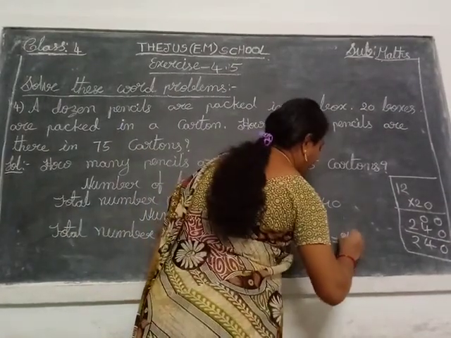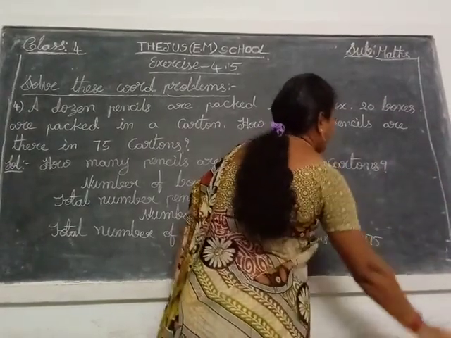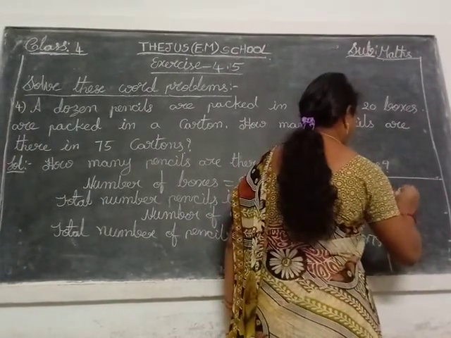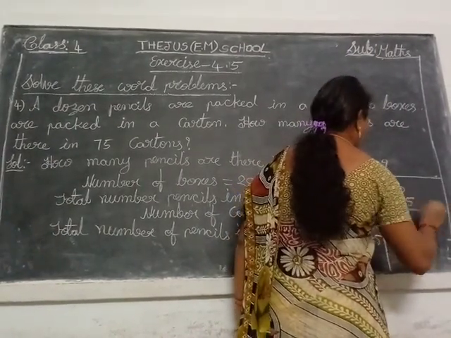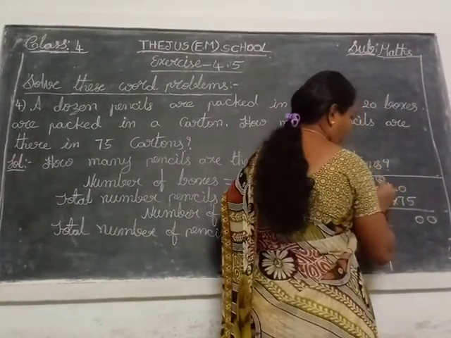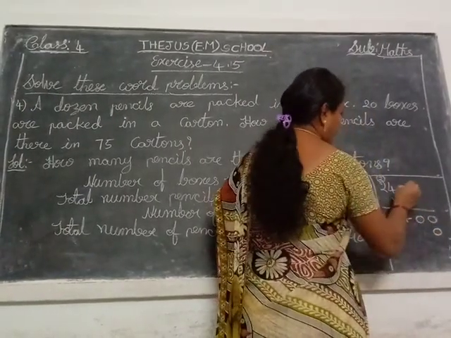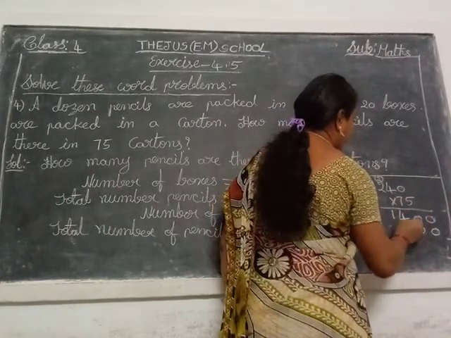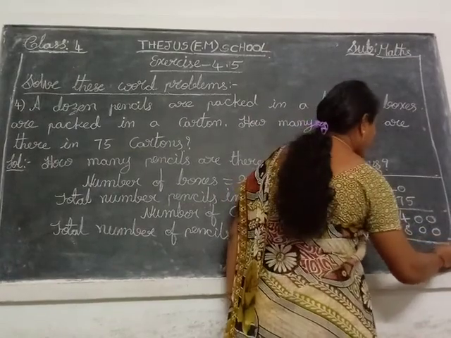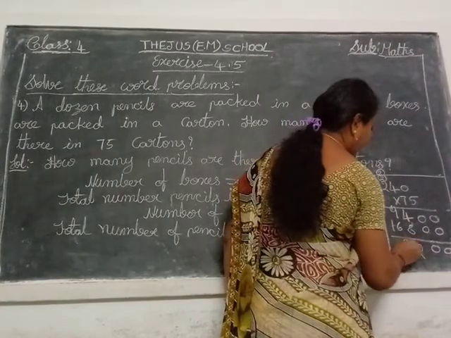240 into 75. You do the multiplication in your rough place, children. 240 into 75. 5 zeros 0, 5 fours are 20, 0 and 2. 5 twos are 10 plus 2, 12. 7, put the 1 plus 0. 7 zeros 0, 7 fours are 28, 8 and 2. 7 twos are 14 plus 2, 16. 0, 0. 4 plus 8, 12, 2 and 1. 6 plus 1, 7, 7 plus 1, 8, 1.